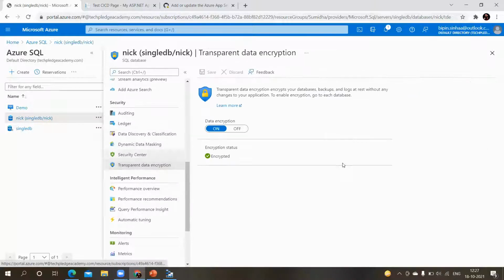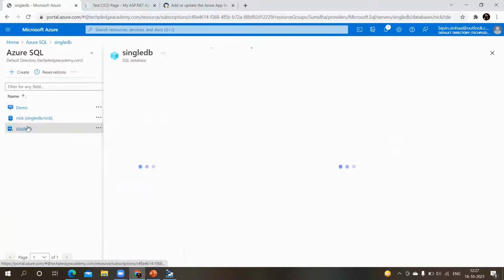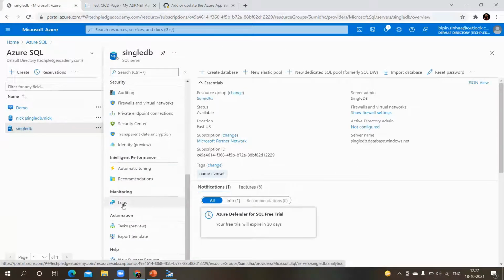Transparent data encryption, where you're encrypting the data, which is currently on by default. The next security is